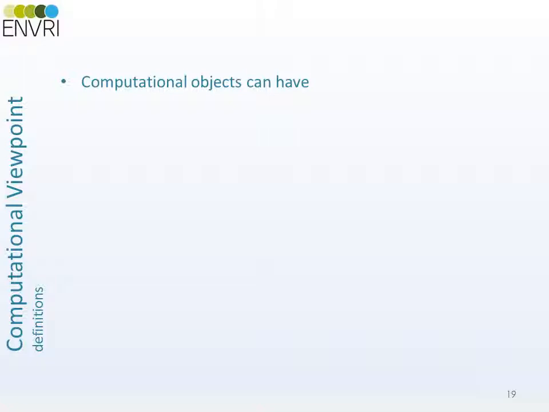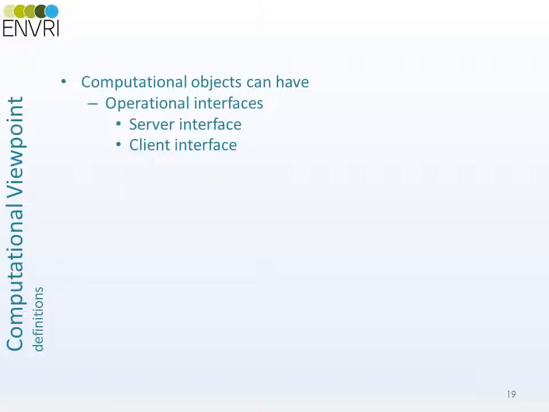To access the functions encapsulated by a computational object, such objects can have operational interfaces, which are used to pass messages between objects used to coordinate general infrastructure operations, such as querying a data resource or configuring a service. A given operational interface must be either a server providing functions to be invoked by other objects, or a client providing functions by which operations can be invoked on other objects.